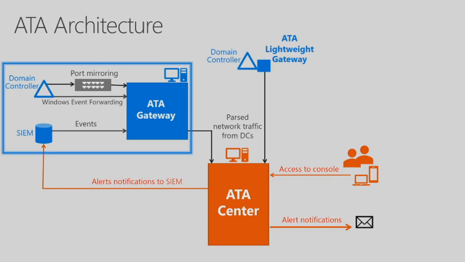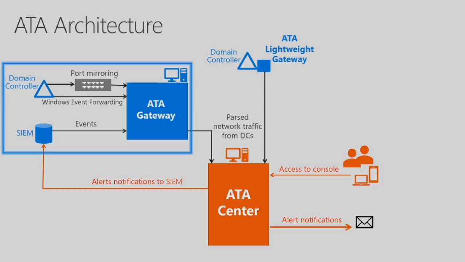Now in your environment, you can have lightweight gateways everywhere, you can have a combination of lightweight gateways and gateways, or you can have all gateways, it's up to you. The other source of information we have is actually from VPN services as well. So we will accept RADIUS accounting data that gets sent to the gateways, and that gets used to help with our detections as well. So that's the other piece of information that we need.